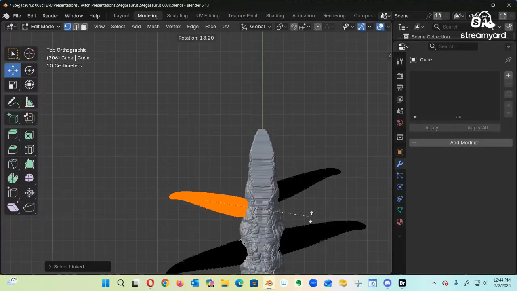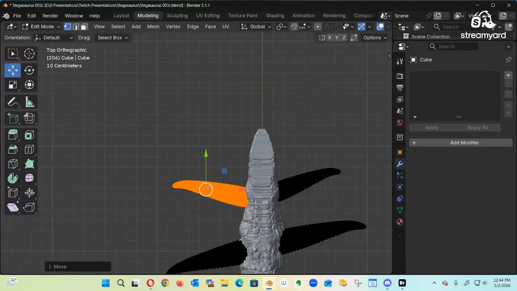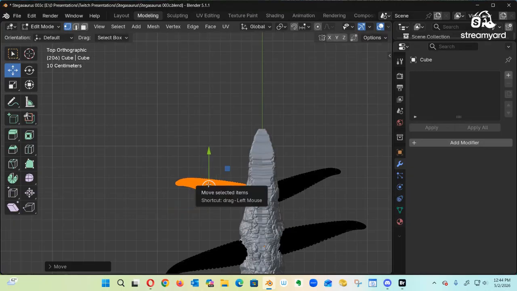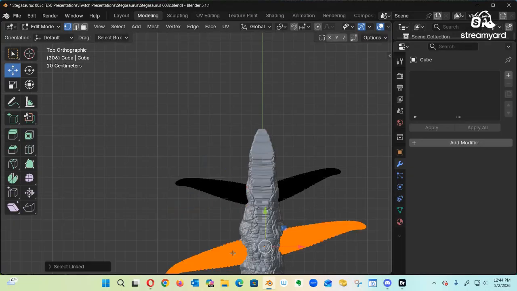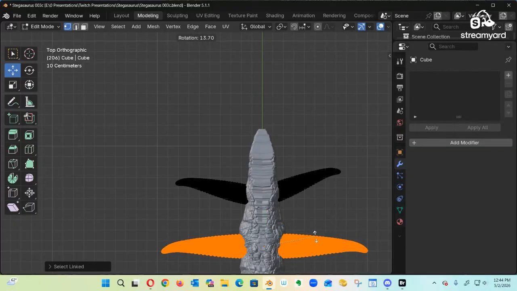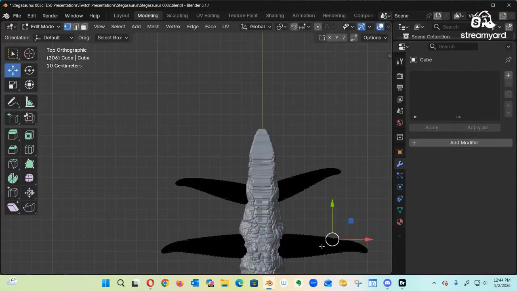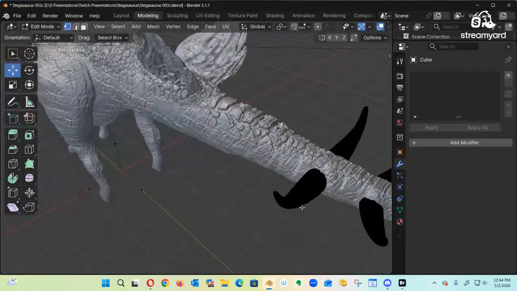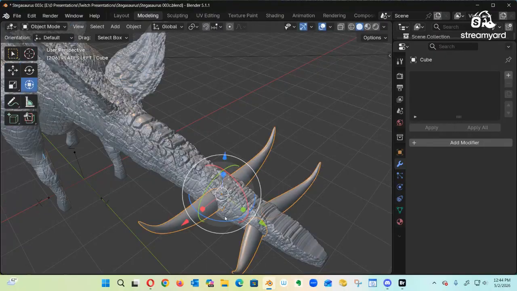R key, there we go. R key, I'm going to rotate that a little bit like that. That works. R key again, just play with it. Okay, that's good. That's fine. Okay, go over here to object mode,